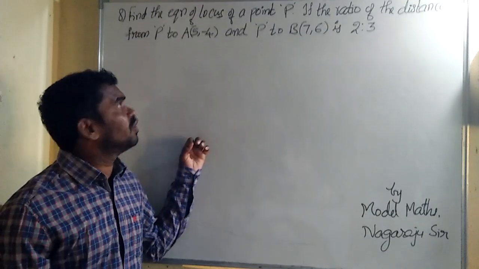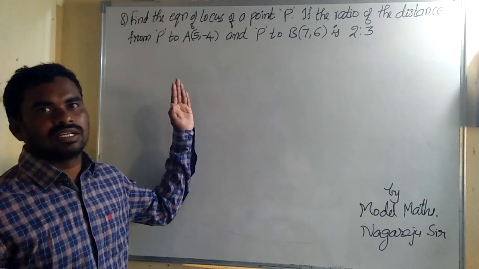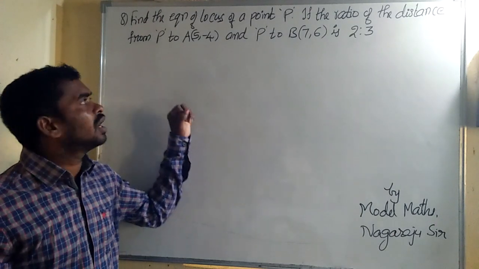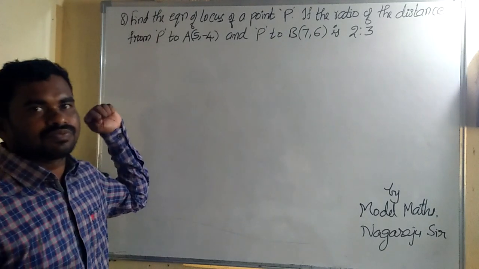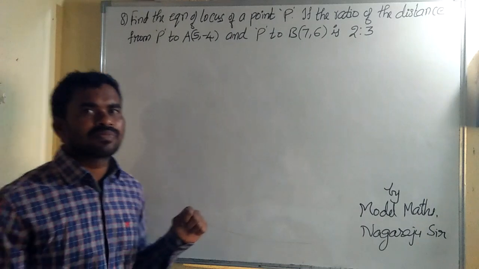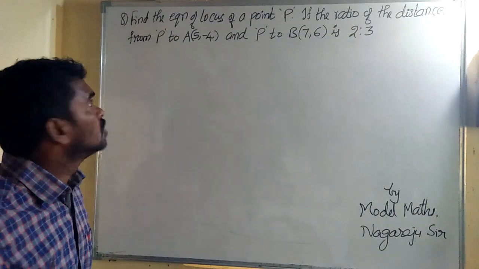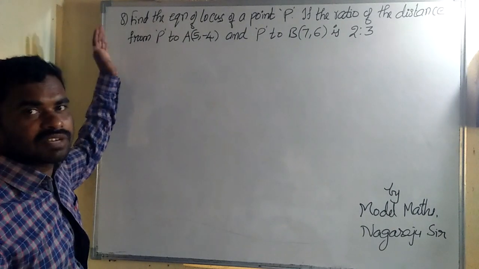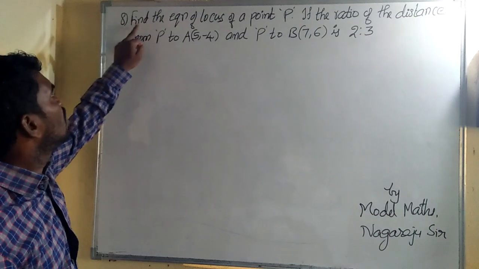Today in this video we are going to discuss the first chapter, Locus, of Maths 1B of intermediate first year, part 2. Already part 1 is completed. I have given the link in the description for part 1. So see the question. All 7 questions are completed in part 1 and the 8th question is: